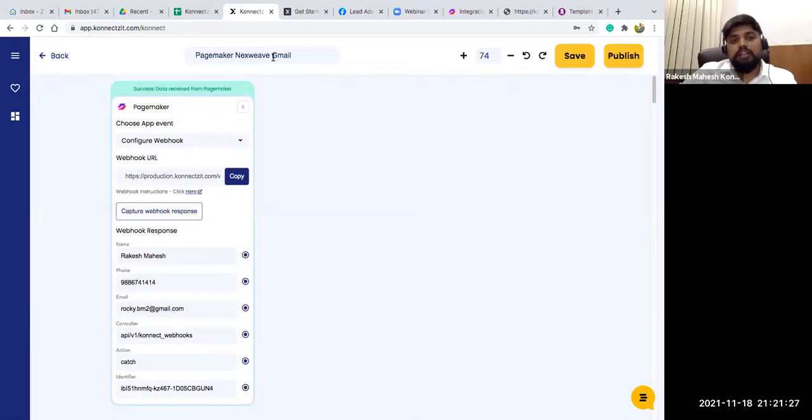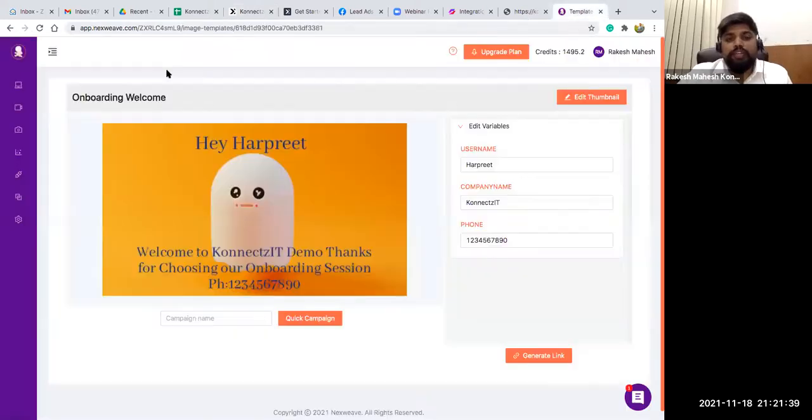For our use case, I'm going to generate a customized response from NextWave. We have a video on how you can create a template. Basically it generates a personalized image experience. You can see an image which will be generated, and it gives variables.